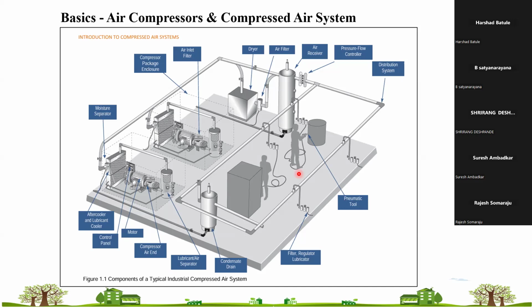Then there is another item, moisture drain traps, or condensate drain traps, used on the receiver in the distribution system. Nowadays these condensate drain traps are timer based or moisture based. Then this is a receiver. Receivers are mostly used in systems